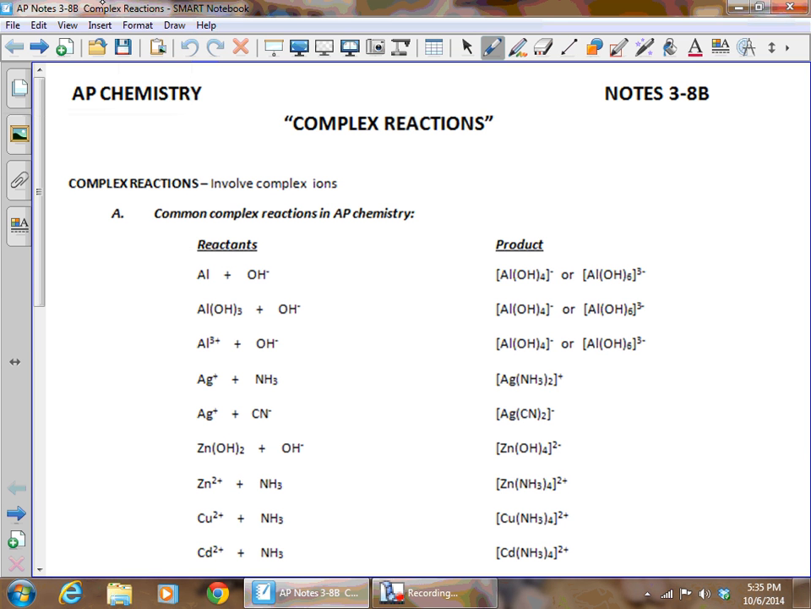Today we're going to talk about complex reactions. Complex reactions are reactions that involve complex ions, go figure. But complex reactions are pretty easy to figure out if you'll remember one very common rule. Generally, you can always know the number of ligands to attach to a metal cation if you double the charge